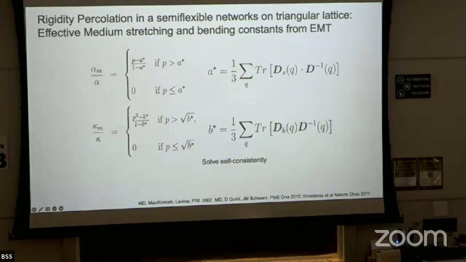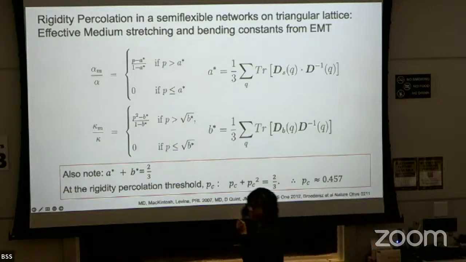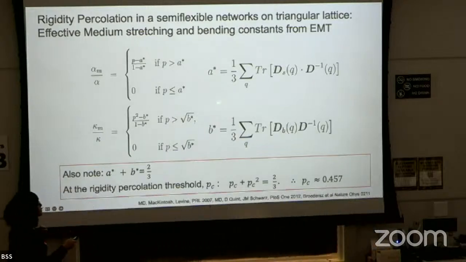So the way we find the transition, I'm going to come to that in a moment. So how do we find the location of the transition in this situation? Okay, yeah. So that's exactly the answer to your question. So now,